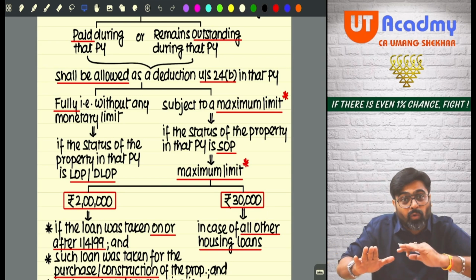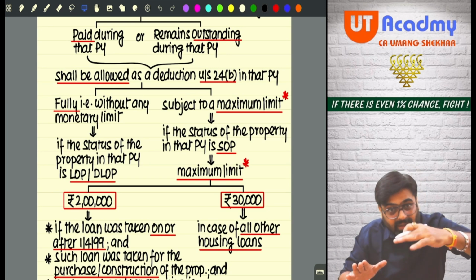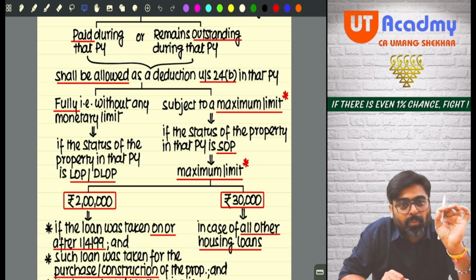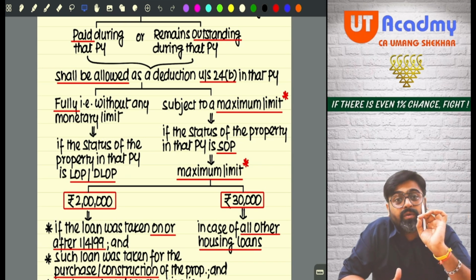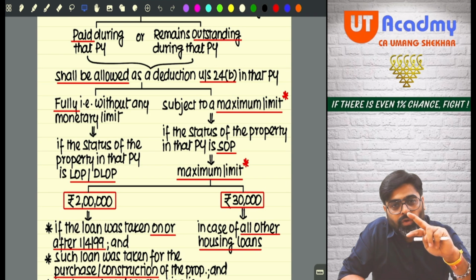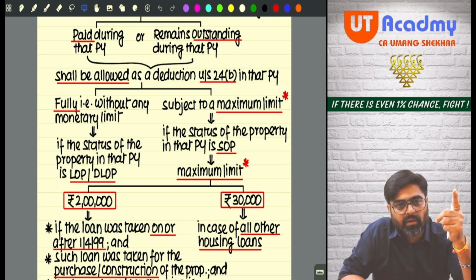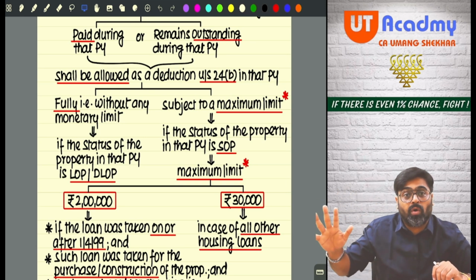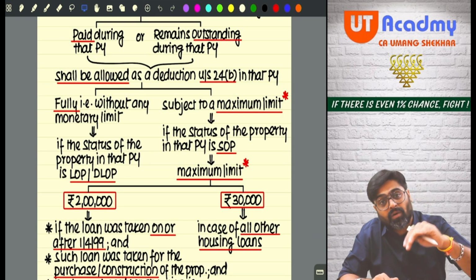And that is possible only if they put a restriction on what? Interest deduction. So hence they are saying that for your SOP, the interest deduction will be limited only to the extent of 30,000, or 2 lakhs in some cases. So would you like to take more deduction of 2 lakh or are you happy with 30,000? Sometimes the interest related to your SOP is allowed subject to a maximum of 30,000. Or sometimes they are saying, no, don't take the 30,000 limit, take the deduction of interest up to a limit of